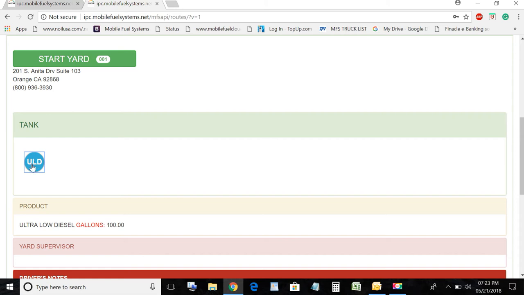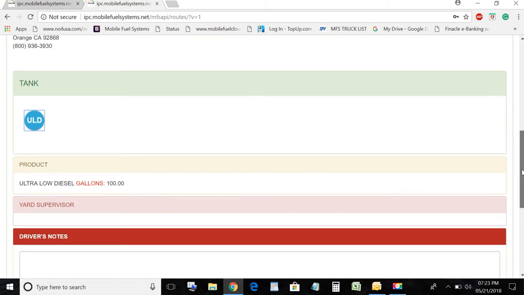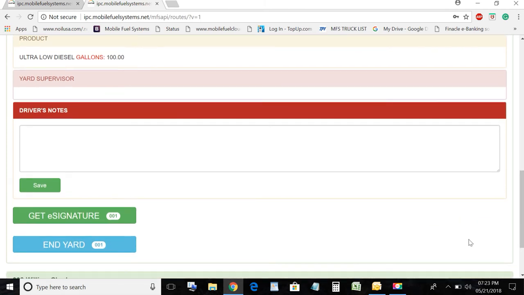And once he's finished with that, he's going down to either printing or getting a signature from that customer. The driver can also add a note on his end to say,